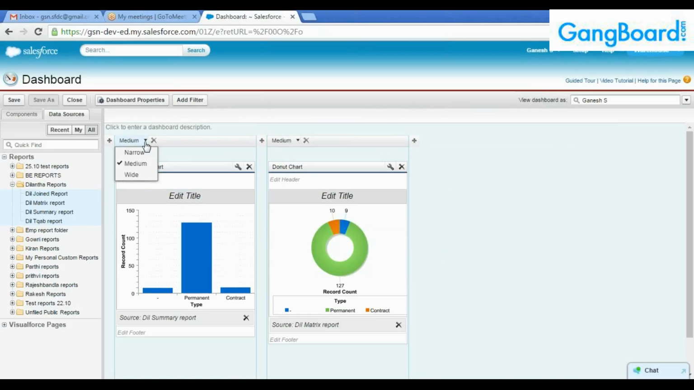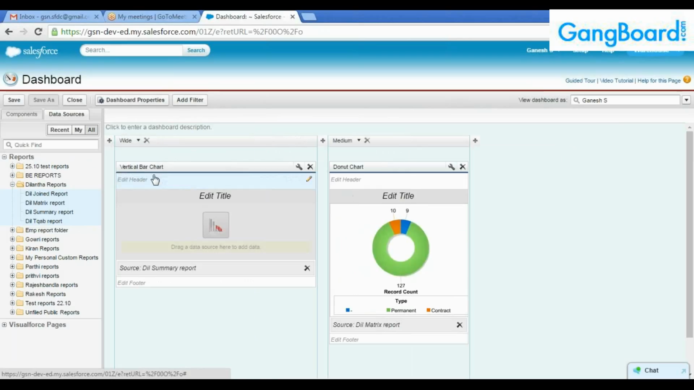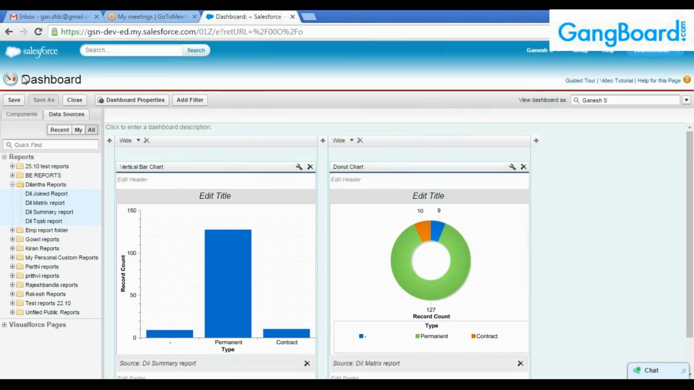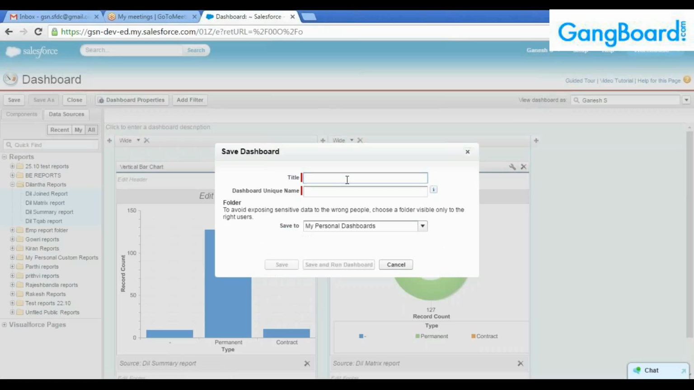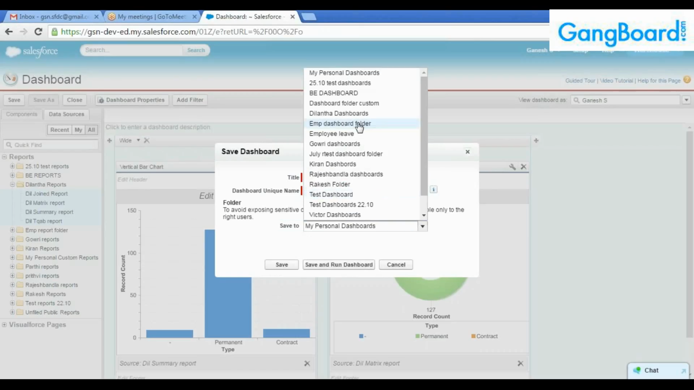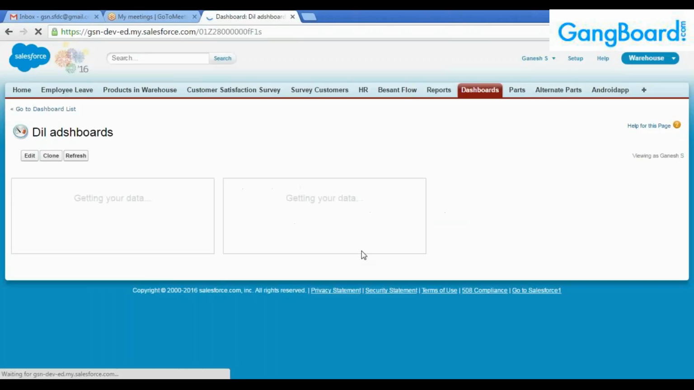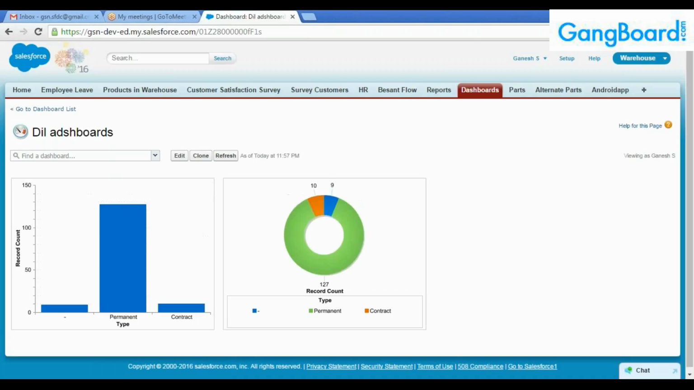So you can have customizations, you can have a wide thing like this, you can create. Now after this, if you wish to save it, let's have like Delanta dashboards, and I'm going to save it in Delanta dashboards, save and run the dashboard. So now once I have this, see here,